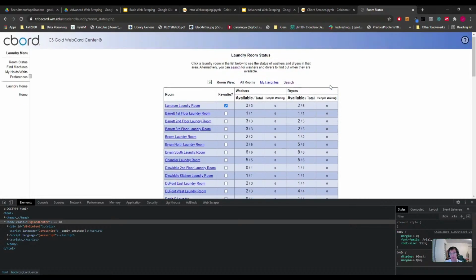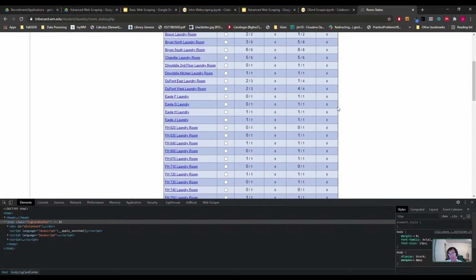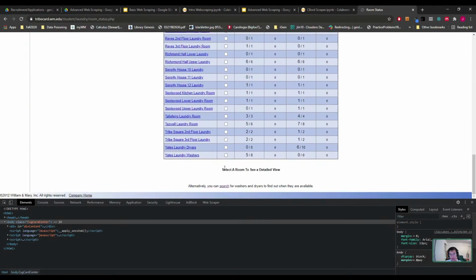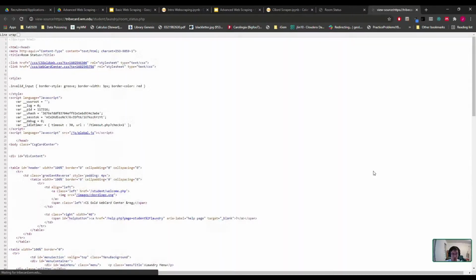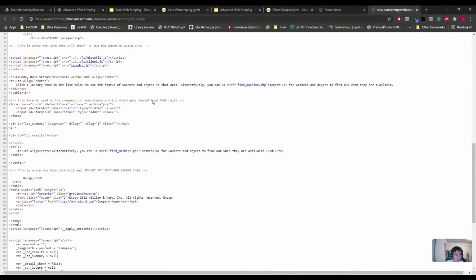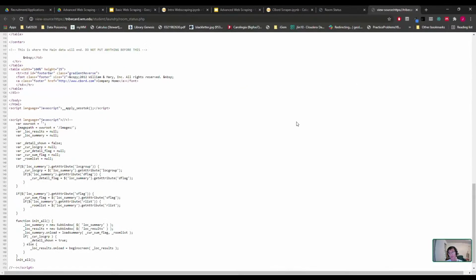So here you're seeing some elements of this. This is a dynamic website, right? If you try to script this in a static way, you can actually get to this page. Unfortunately, none of the laundry rooms will show up in that static page. You'll just get some HTML. It will be everything except the data you want. We can see that in the page source. If you look at the page source, there's not a single laundry room in it, right? And this is a problem if we're scraping it with the request method that I showed previously, that we used to scrape the Wikipedia site. So that is why we use